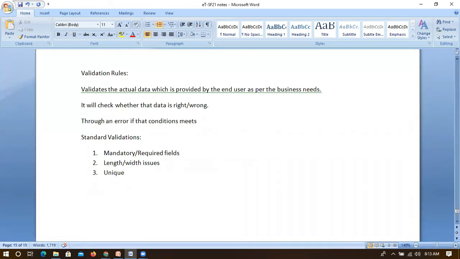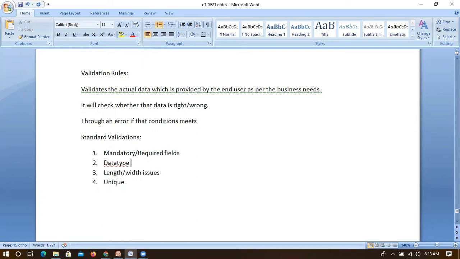Maybe it should have specific formats. We have given auto number, right? So auto number will consider only specific formats. Or maybe a number: if you give a number, it will check that format. And second, it will be checking whether it is the correct data type.